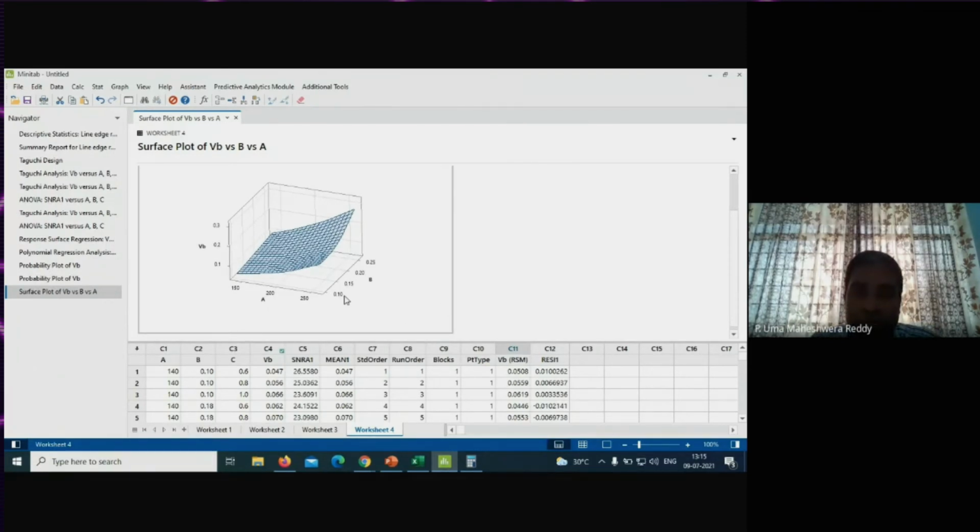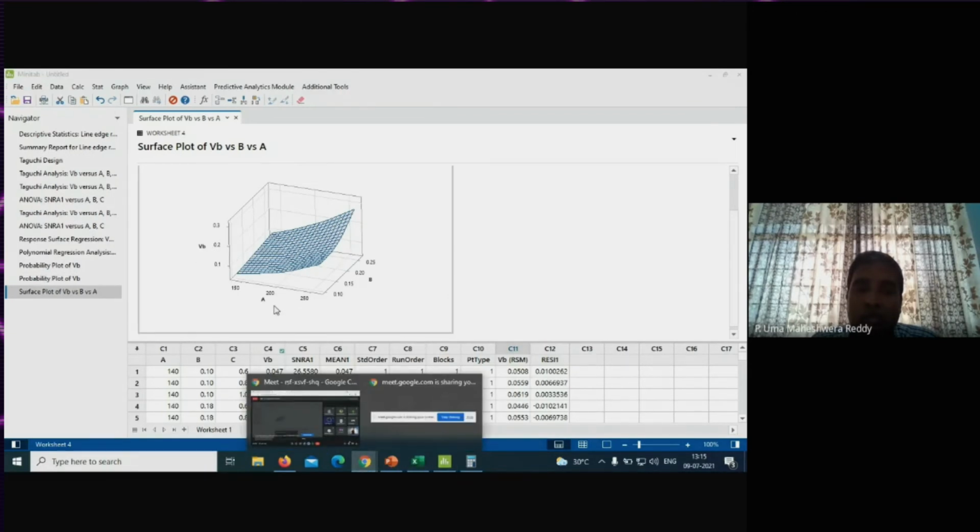Right. So now from this surface plot, you can explain, and you can have this kind of surface plot for all the interactions. Here, the surface plot gives you the relationship between the VB tool wear and the other two control factors, A on the x-axis, B on the y-axis. You can understand from this: if the value of A, cutting speed, increases, the value of VB also increases significantly. Also, if you increase the B value, feed, VB also increases. So likewise, you can do post analysis by showing these graphs.